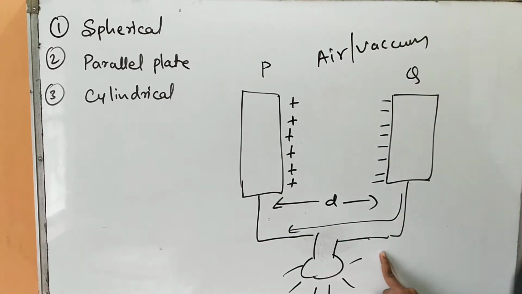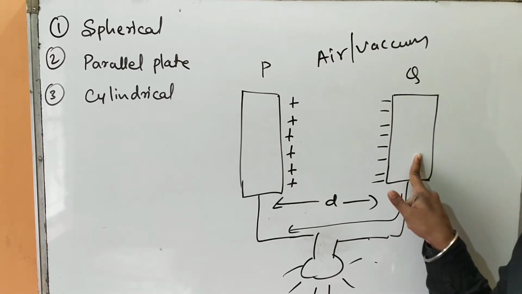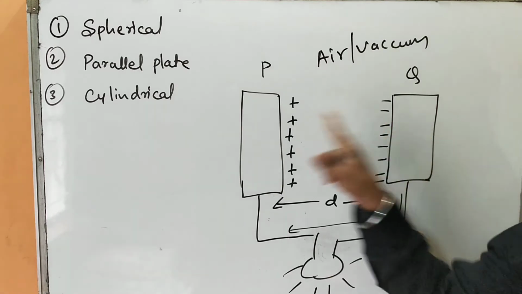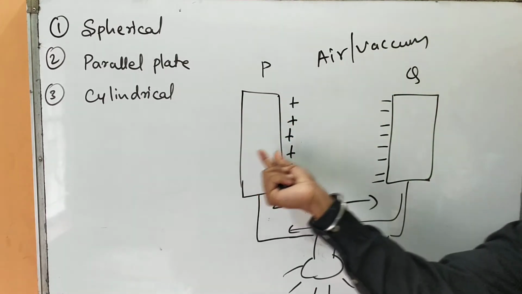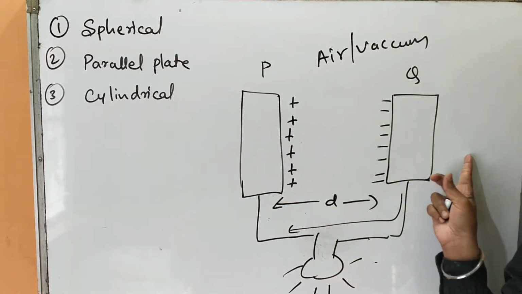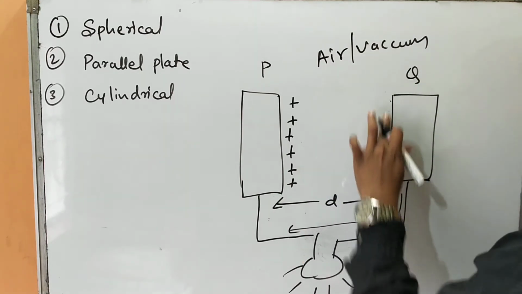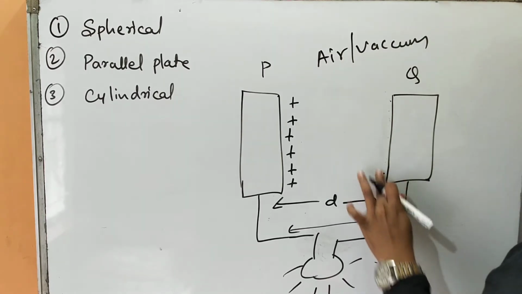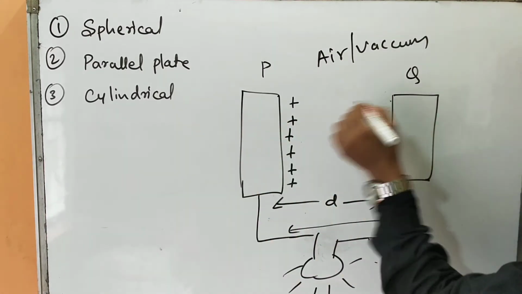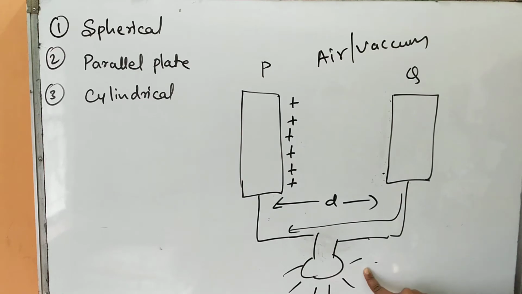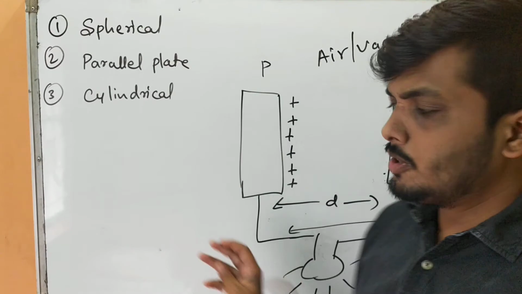Now is this bulb going to glow forever? No, this bulb will glow for a very short instant of time, depending upon the charge on this plate, Q as well as P, because the more charges in P, the more will be stored by Q. Clear? As soon as all the free electrons go back to P and it attains neutrality, the bulb stops glowing. So this is the typical way any parallel plate capacitor works.